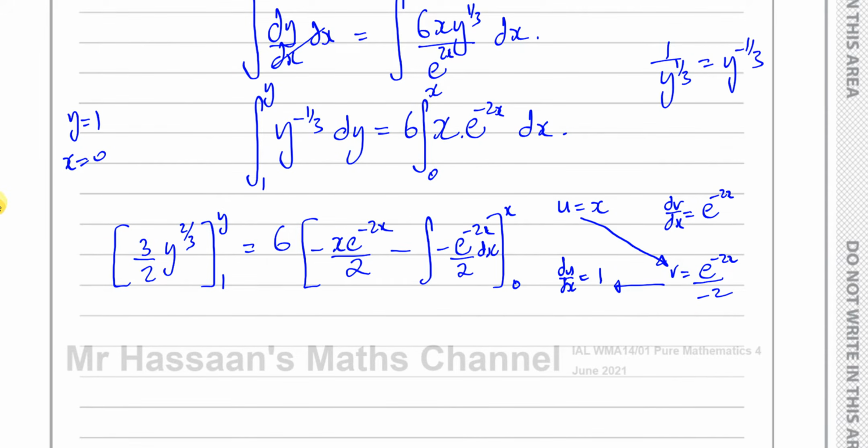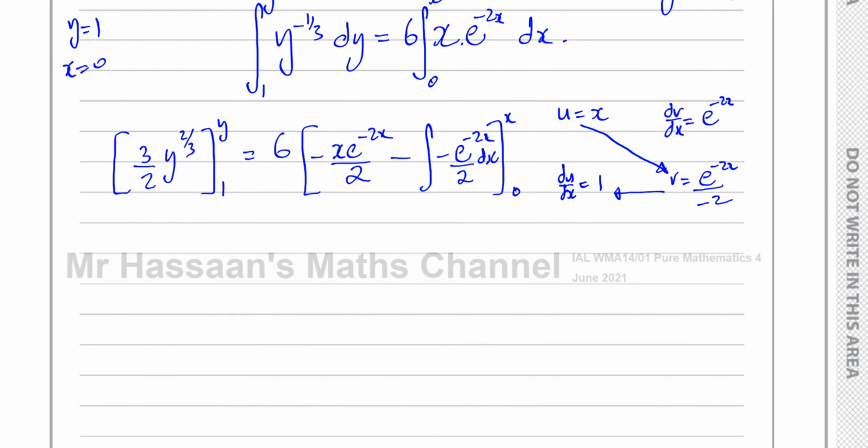Okay, so let's just tidy this up a bit. What I'll do is I'll do this at this stage here, this negative here, and this will become positive. All right, and now I'm almost ready to, in fact, I'll just leave it as it was so I can write the next step clearly. Okay, so with this here, what I can do is start putting the values in. I need to put this value in instead of y, and then this value instead of y, and subtract them. So I can do that from now. What I can do also is take out this 3 over 2, which I'll do now. Take it out, and then I can say this is y to the power of 2/3 minus 1 to the power of 2/3